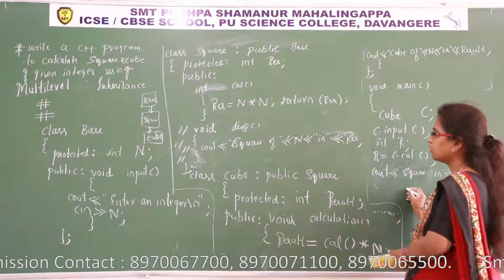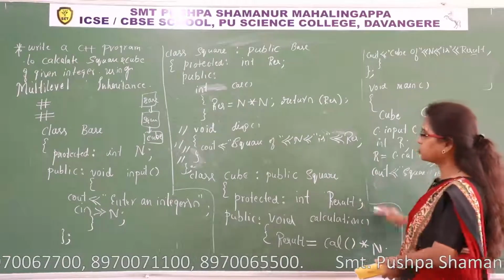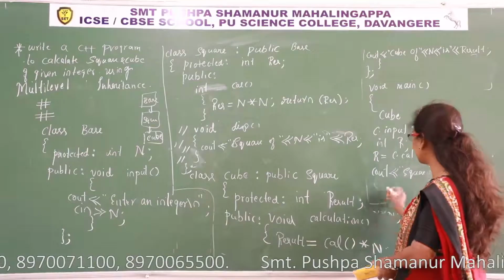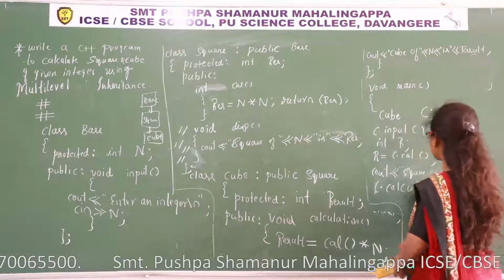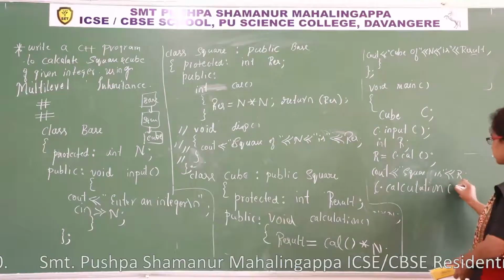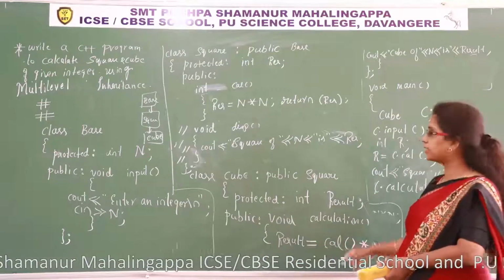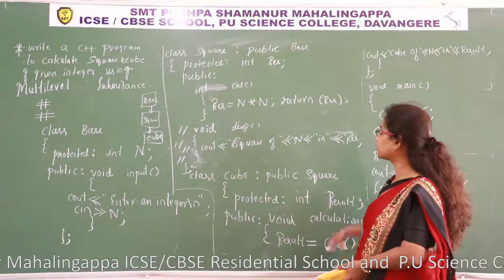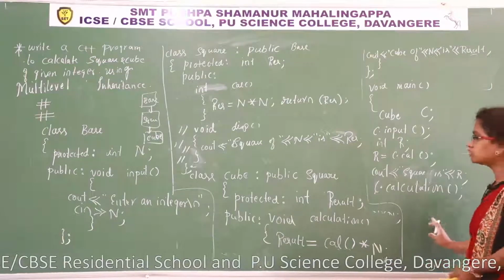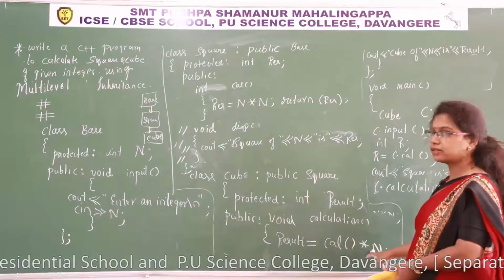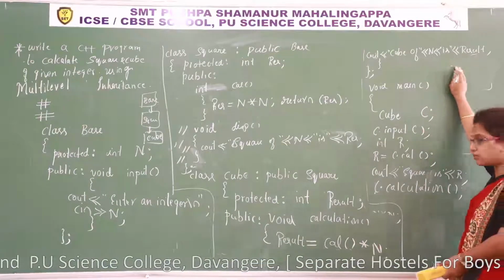Now either you can display the result from here or from this function. Now I have to call which function? The calculation function, c dot calculation. Result is equal to cal of what is there. So again it calls the cal function, and the cal function returns the result. If n is equal to 3, 3 3s are 9, 9 will be written here. Again one more n, 9 3s are 27. It will be written and it is displayed from the sub function itself.